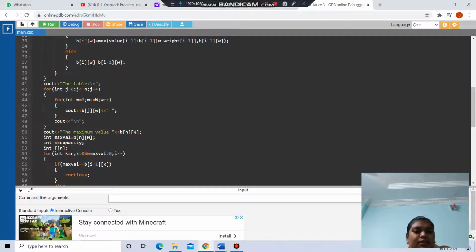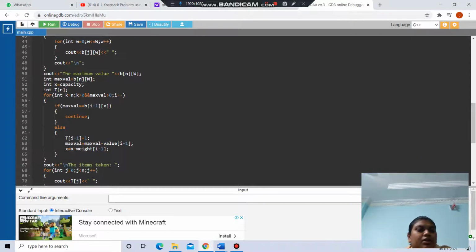And the maximum value will be int max value equals b of n and w, and int t of n.